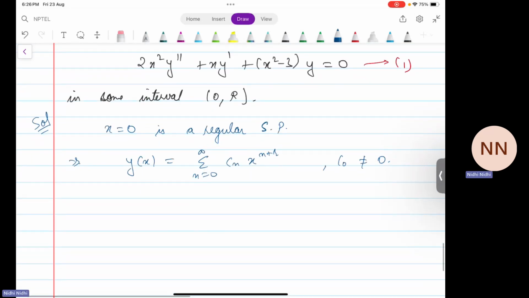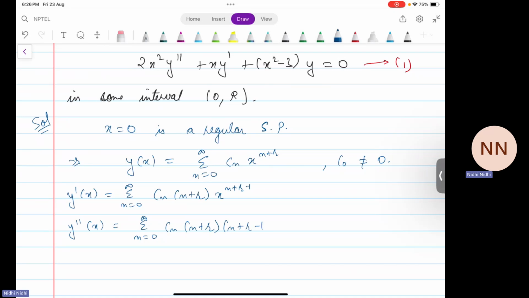So again, differentiating it, we'll get y dash x is equal to summation n from 0 to infinity Cn (n plus r) x to the power n plus r minus 1, and y double dash x is equal to summation n from 0 to infinity Cn (n plus r)(n plus r minus 1) x to the power n plus r minus 2. Now putting the values of y(x), y dash x and y double dash x in equation first,